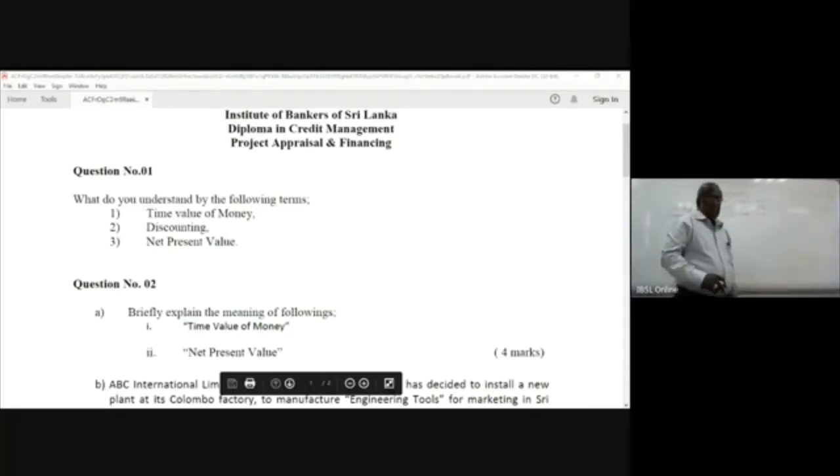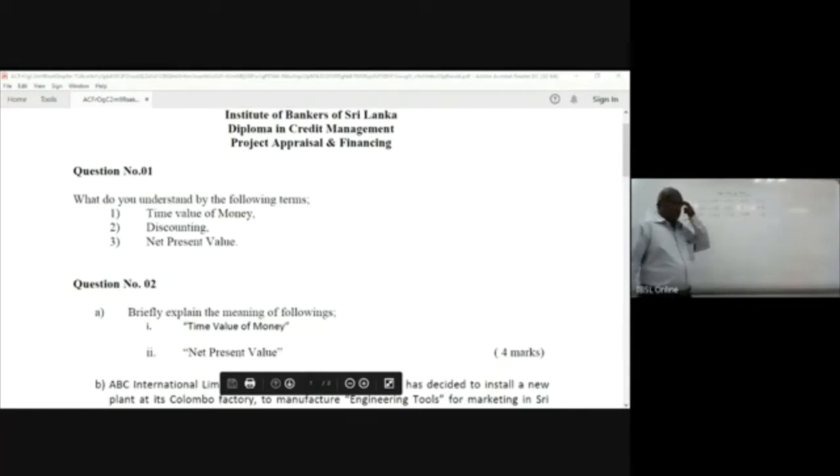Purchasing value of money. Or in other words, there is another term, real value of money. So now we understand what is happening to the real value or the purchasing value of money. It is getting diminished over a period of time. The real value or the purchasing value of money is getting reduced over a period of time.